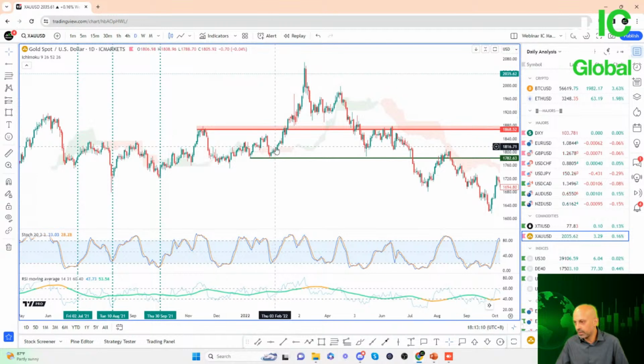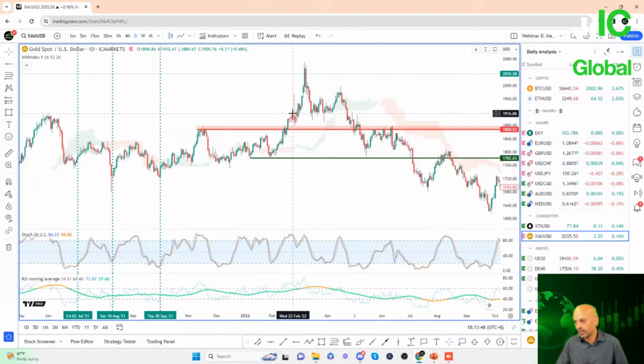So from here, we can say even if we took it at the top of the cloud here at about 1810, and even if we exited when stochastic showed oversold conditions, at least we would have captured a pretty decent gain with prices going as high as 1913. Of course, in this case we had a very strong bullish move in gold prices. So even if we had just strictly followed the oscillator, we would have actually exited the trade earlier.